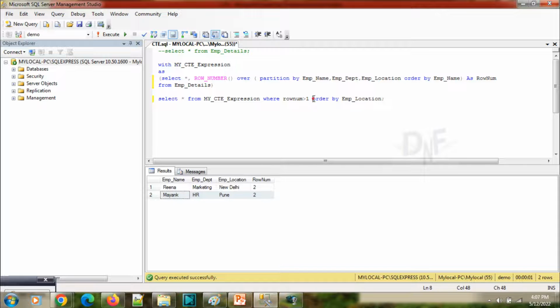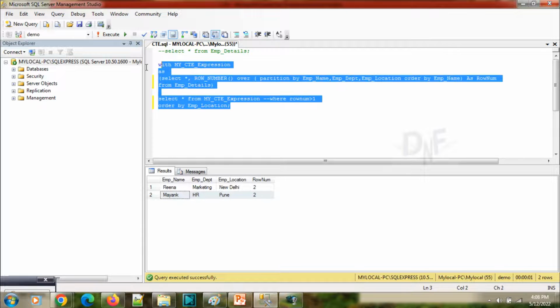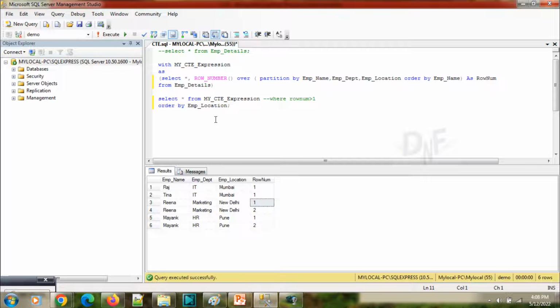This is a simple query with a CTE expression, and then we are going to execute this. See, here is the result. You can see these two rows are the duplicate. I identify the duplicate rows in the next statement. If I remove that where condition,